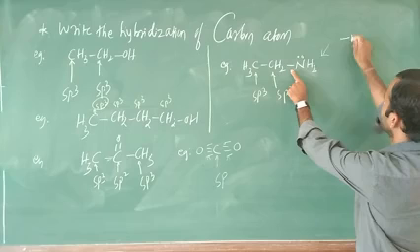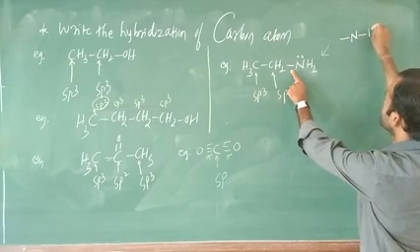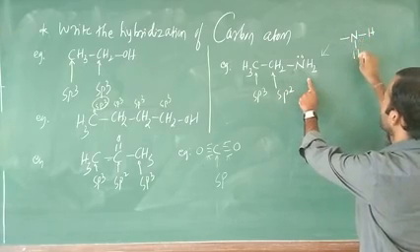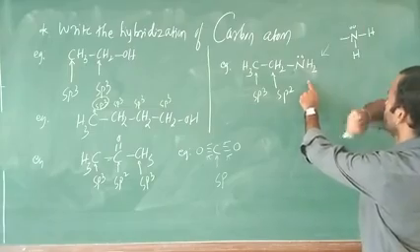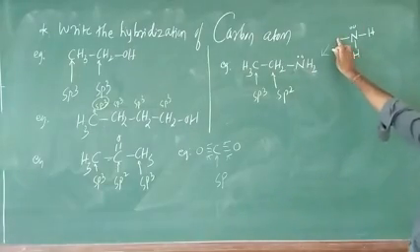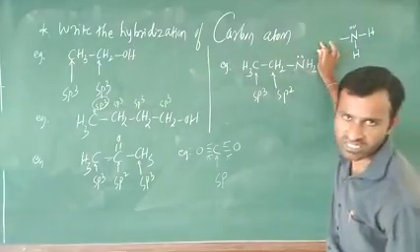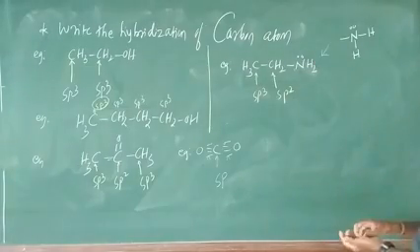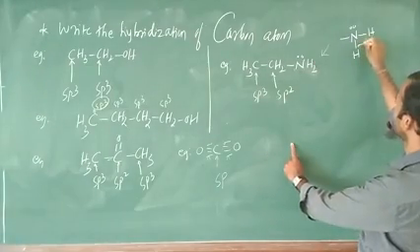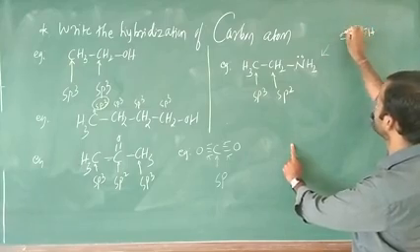Here a bond is there. This is nitrogen, next this is hydrogen, next this is hydrogen, and one is a lone pair. This connects with CH2, and the next one is CH3. Now you have to count how many sigma bonds there are: 1 sigma, 2 sigma, 3 sigma.